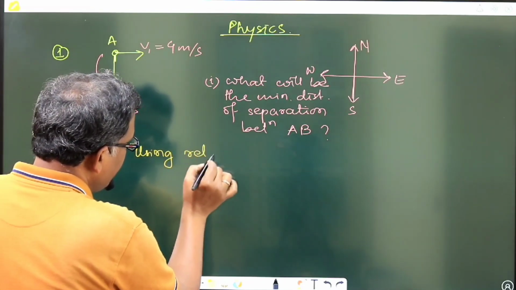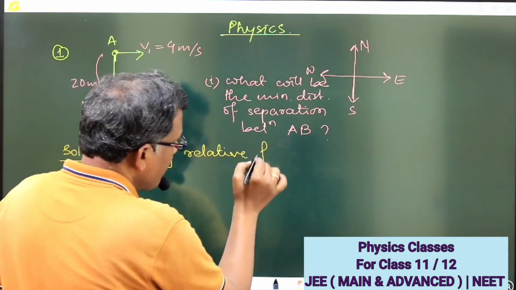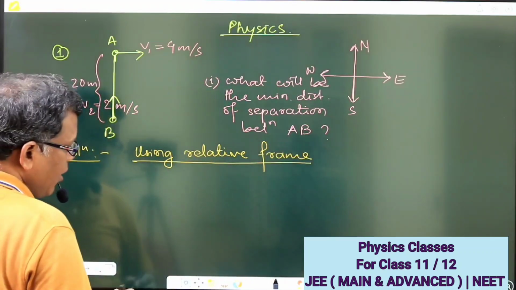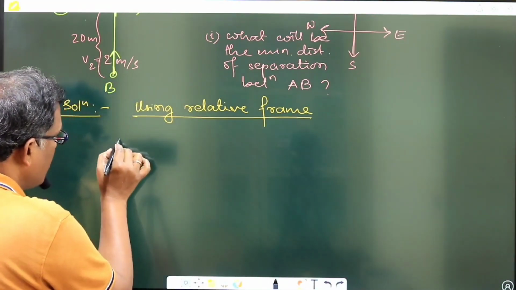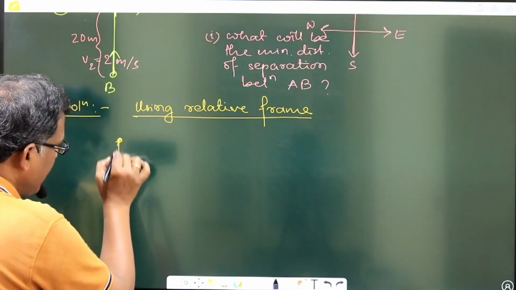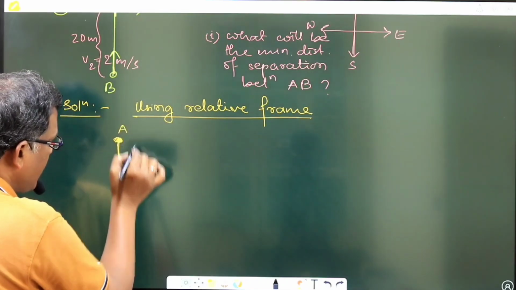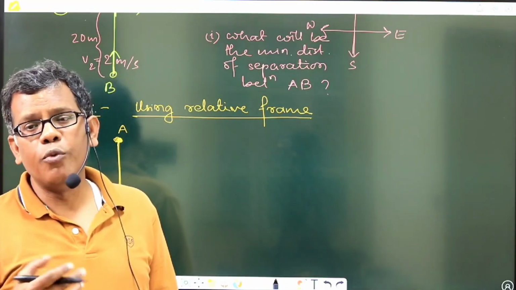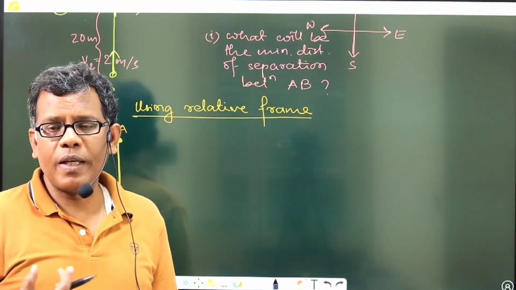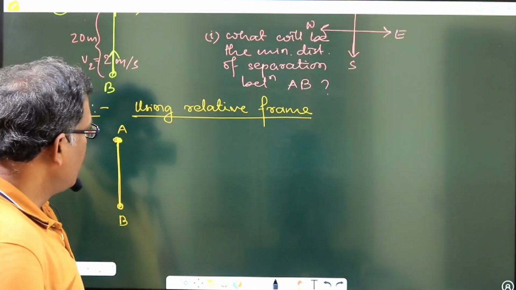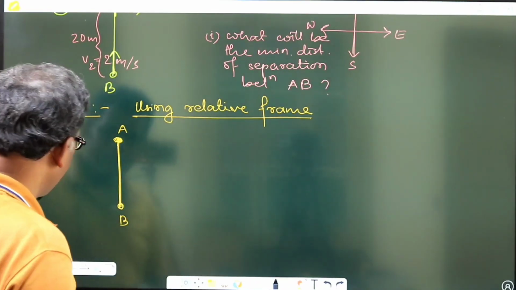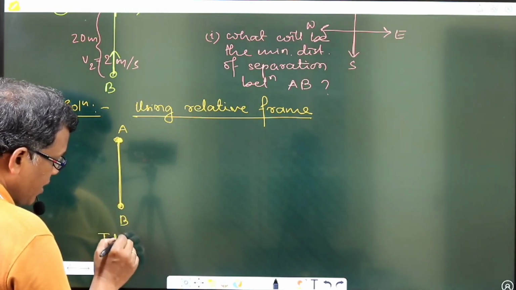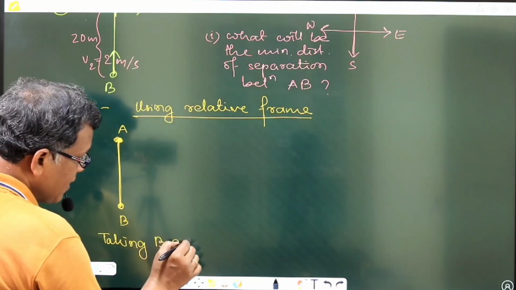Using the relative frame, what we are supposed to do is, out of these two given moving bodies A and B, take either A or B as one of them. Relative frame means when things are observed from a moving observer. When we explain the physics based on the moving observer, the discussion is said to be a relative frame. So out of these two moving bodies, I am taking B as an observer,